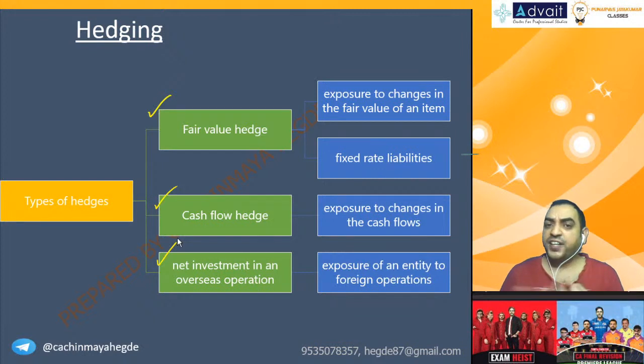So there are three types of hedge. Fair value hedge, which may be for protecting the value of an asset or liability. Cash flow hedge. Net investment in foreign operation. Now we'll go for hedge accounting. Now hedge accounting in simple words means